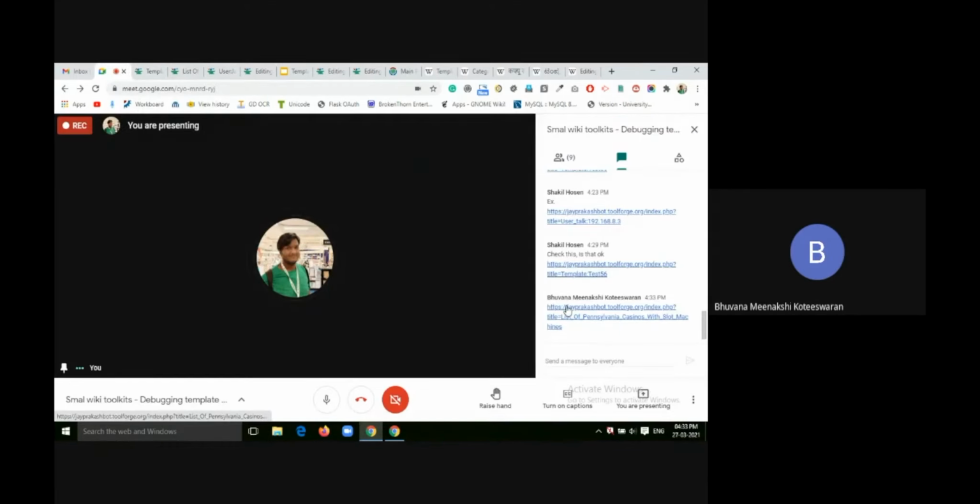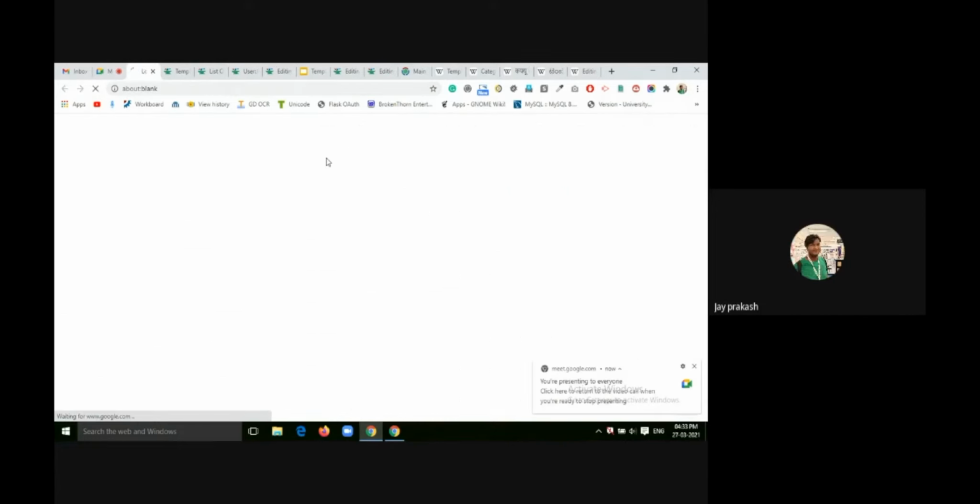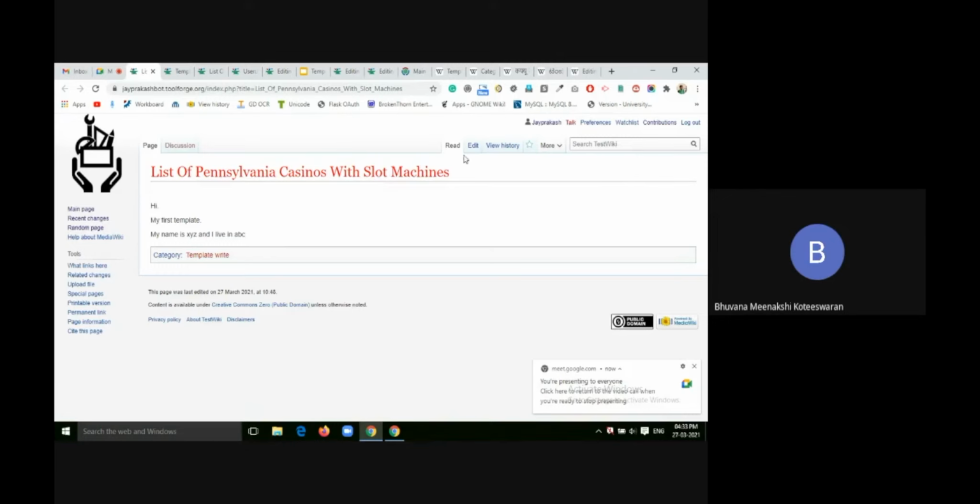This is where it's reflecting, and this is where I've been adding my templates. For example, 'Hi, my first template, my name is so and so.' So these were what I was experimenting with before including the includeonly function, right? So even these would come on the page irrespective of using includeonly.